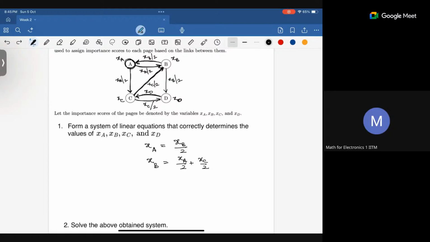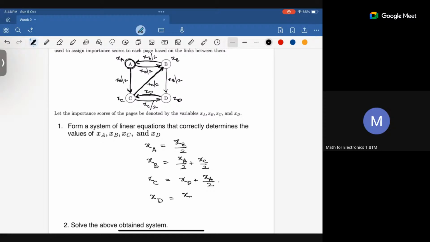So XA by 2 plus XC by 2 will give the total importance of B. Similarly for C, you see the total inward coming edges are 2. So the total importance of D is given to C, as well as half importance of A is given to C. So therefore XC will have XD plus XA by 2. And XD will have importance coming from C as well as B,